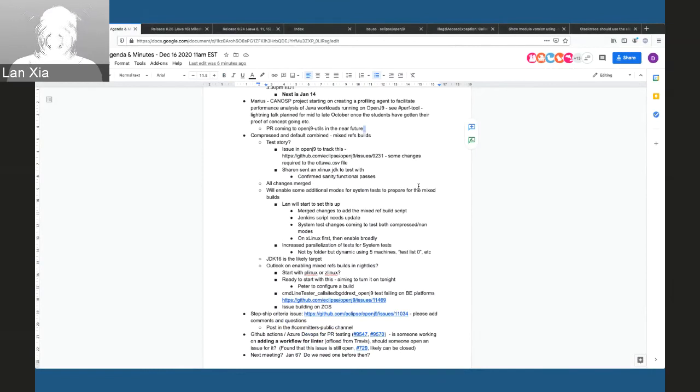So the pending task on the test story is to update the system test and OpenJDK test to run both compressed and non-compressed for the mixed ref build, and then check on those tests that are hard-coded for certain exclusions. We have to make sure they're running on the mixed build as well. So those are the pending tasks.